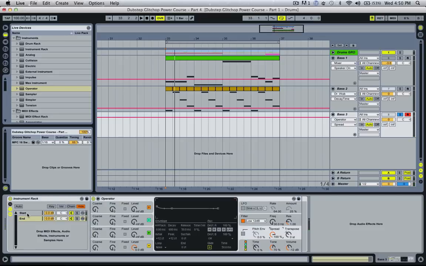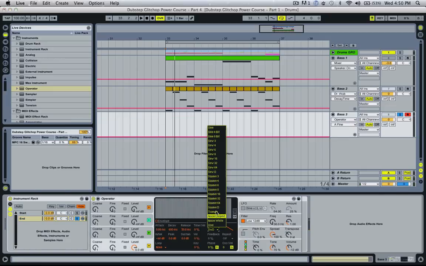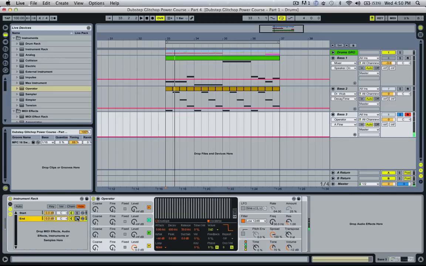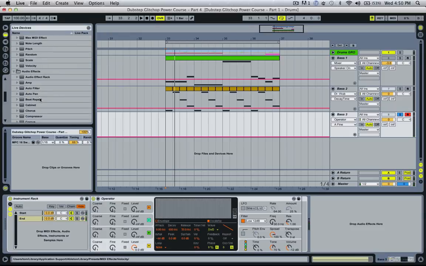So now we've got the initial start is actually in the center, so that's in the middle, and then the second part of the sound is on the outside. What happens if we change this oscillator to a square? No, I like it as a saw, that's good. I'm almost happy with that. One thing I might do